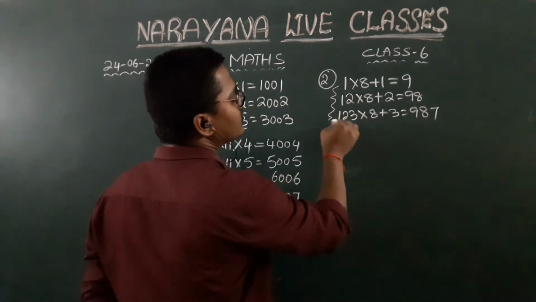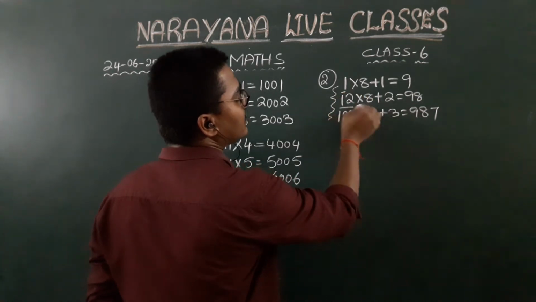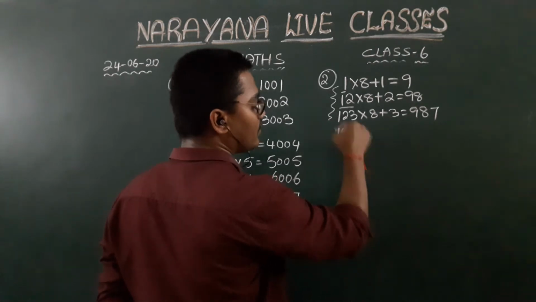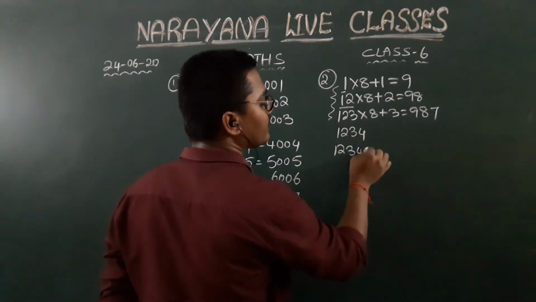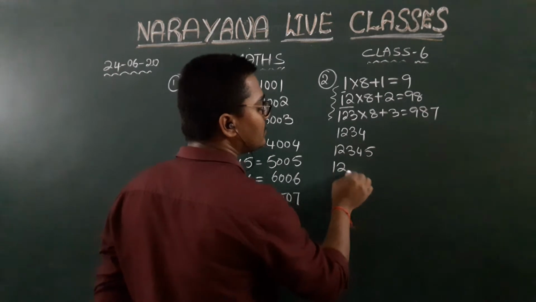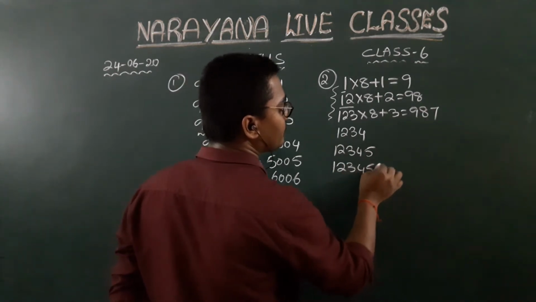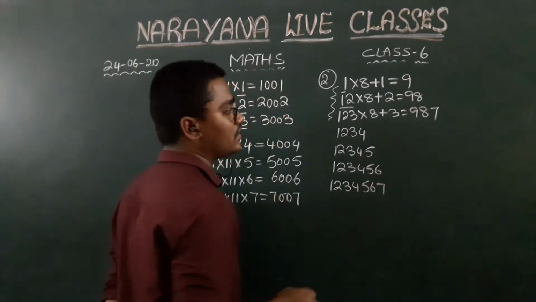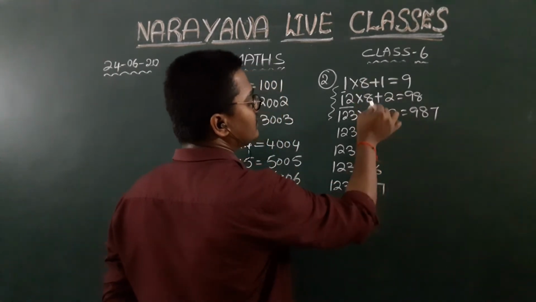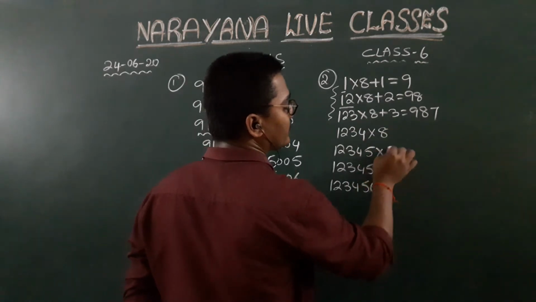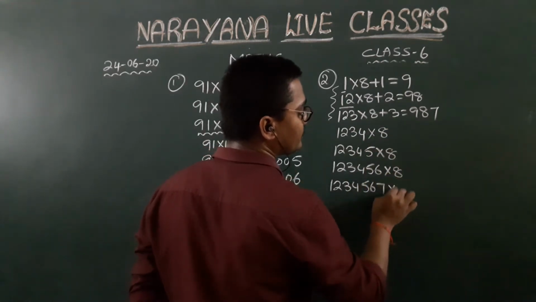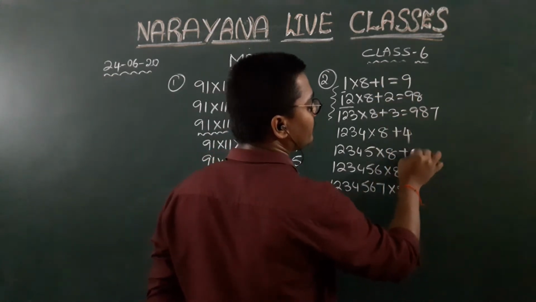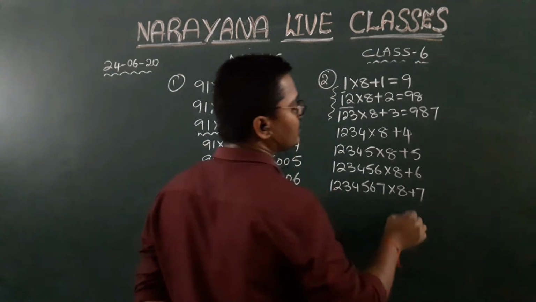So when you observe the equations over here, it was 1 initially, next it has increased to 12, then 1, 2, 3, next will be 1, 2, 3, 4, and obviously next will be 1, 2, 3, 4, 5. Yes or no, children? We need to increase the number over here. So 1, 2, 3, 4, 5, 6. 1, 2, 3, 4, 5, 6, 7. Obviously, all the integers are multiplied with 8. So into 8, we need to write down as it is into 8. Plus 1, 2, 3, next will be 4, 5, 6, and 7 is equal to.